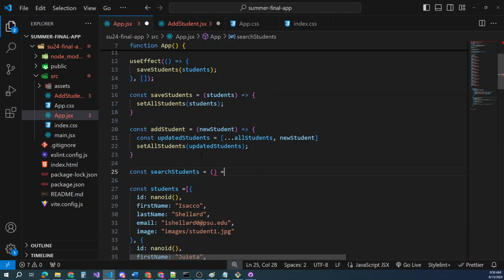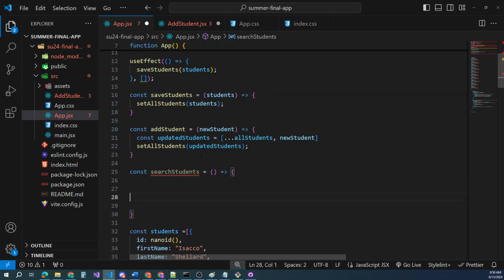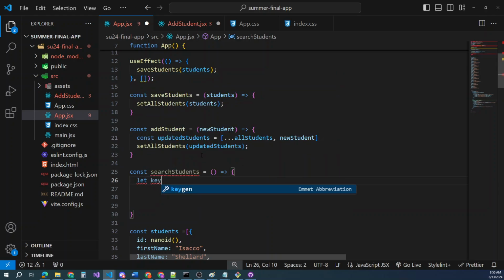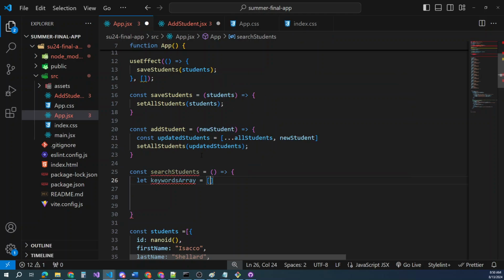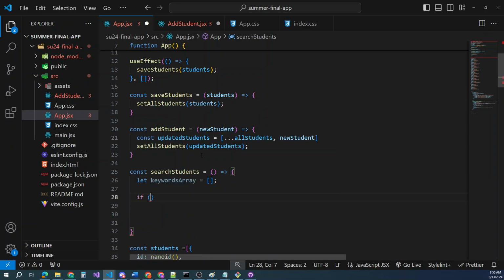Going to make an arrow function. We're not passing any parameters in, so we can just put the parentheses there. Do our curly bracket. There's going to be a lot to this one, so we'll start off by declaring a variable of a let, call it keywords array. So we're going to make an array of keywords. We're going to make it an array. We'll just leave it empty. And then we'll say if keywords